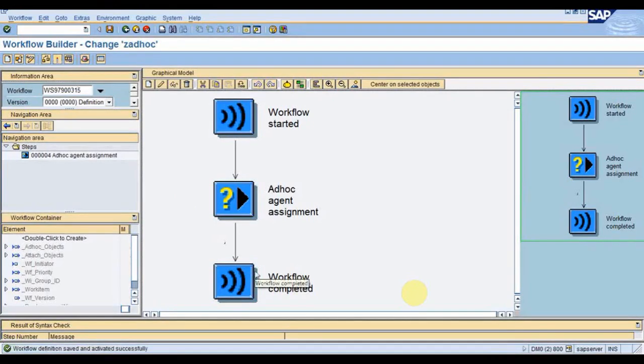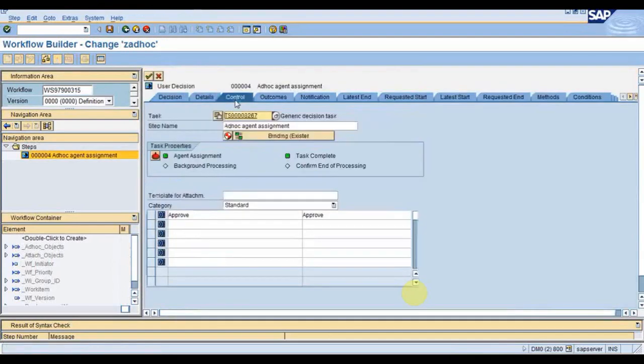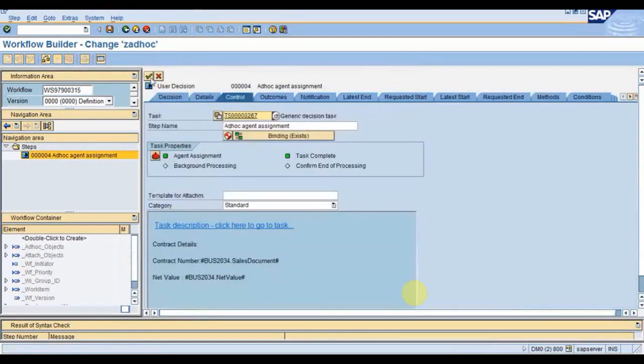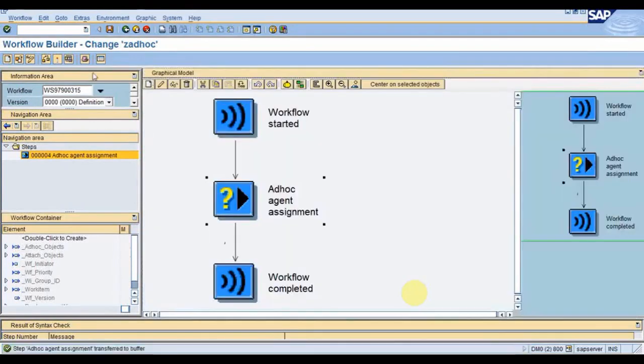So it is activated. Now you have to ensure that it is assigned as a general task. This is green, so it means it has been assigned as a general task.